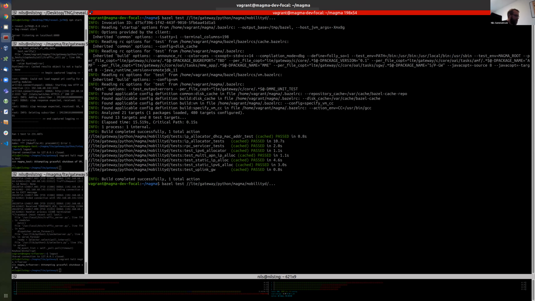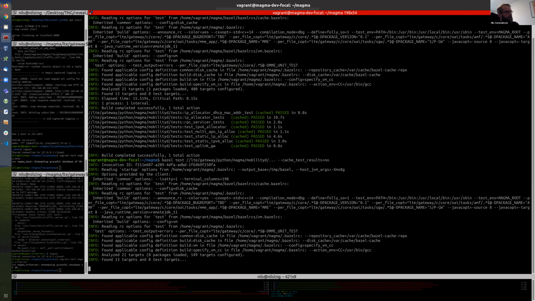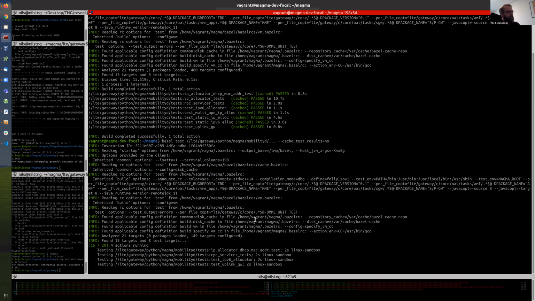But of course, in some situations, I don't want to have the cached test results. I actually want to execute them. So what I can do is I add the flag cache_test_results=no. Execute it again. Then, organizing the build files, every Python file that is needed for the test, this is still cached. These are artifacts, but the execution of the tests will now happen again. You can see it here. It takes a bit longer because the tests actually run.